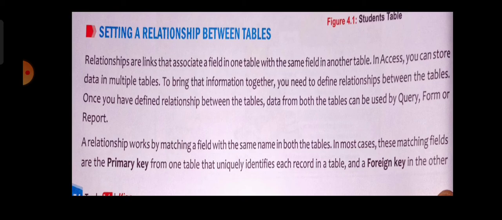For creating a relationship between tables, you have to create a primary key in a table. It is essential. And second, in the tables which you want to link, you have to keep a field common.